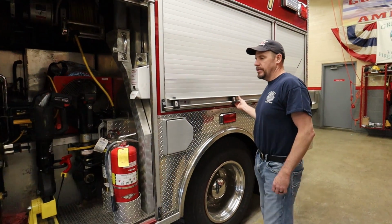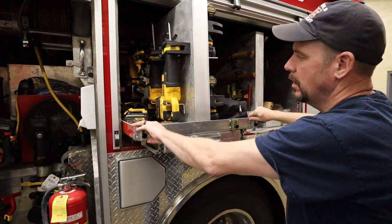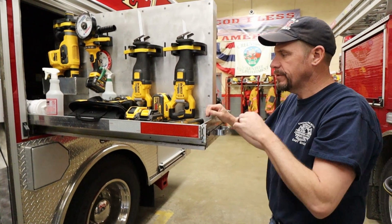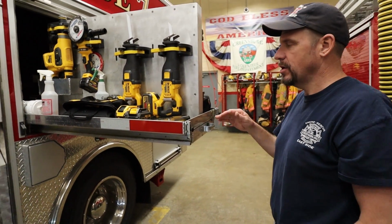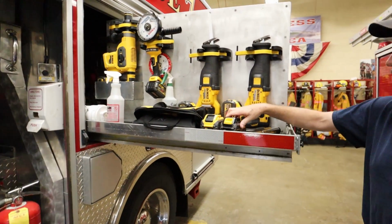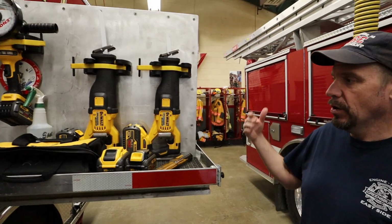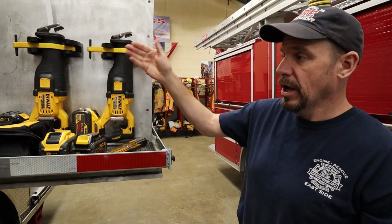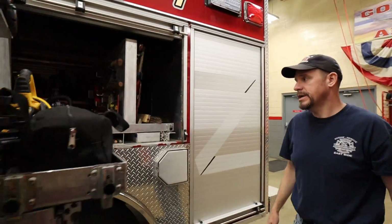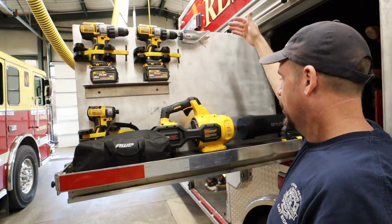As we move down the truck, you heard Chief Bell talk about standardizing equipment. So what we've done over the last couple years is we've taken all of our battery powered tooling and converted it to DeWalt, and we used a FlexVolt battery. We decided that that line had the most tools available for us to use. So you can see here we have sawzalls, grinder, a big drill, and then as you swing around this side over here, we get into things like battery powered drills, but we have a windshield cutter adapter, we have a blower,